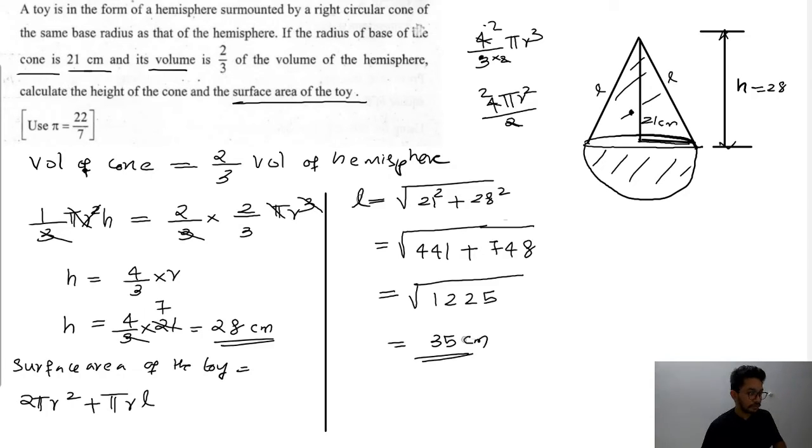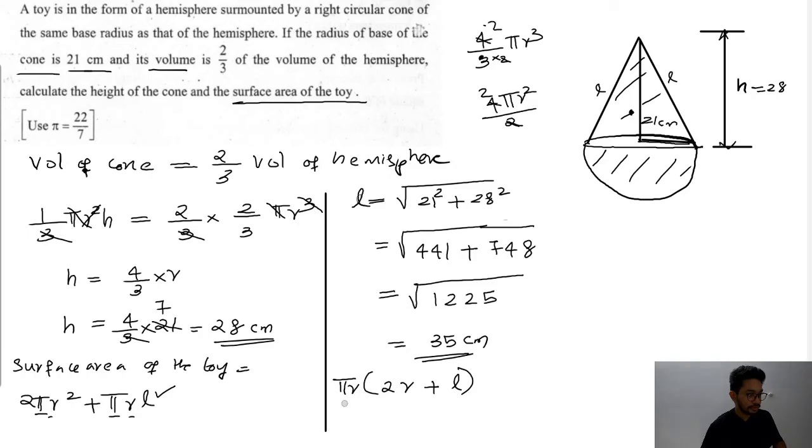Now we got the value of L, and we can substitute it over here and find the total surface area. Before that, let me take the common terms out. From here I can take pi and r outside, for ease of substitution. So I'm taking pi and r outside, and I'll get 2r plus L. I got pi r into 2r plus L.